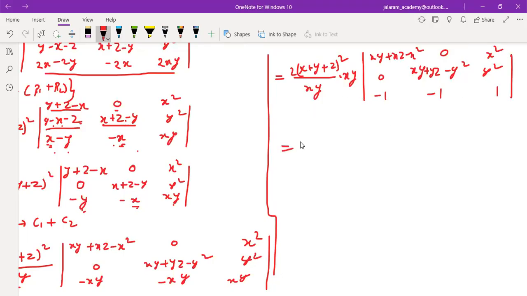Now, xy cancelled out, so 2 into (x plus y plus z) whole square will be there. And to bring more zeros, if we add